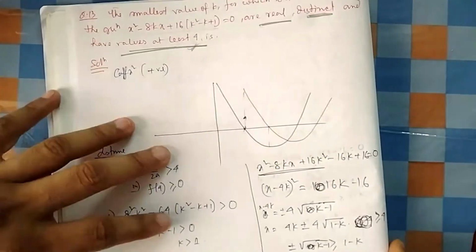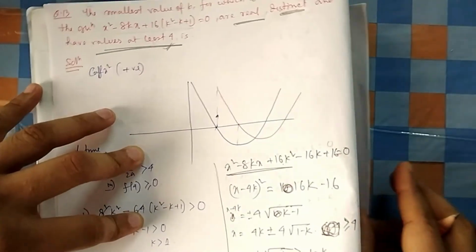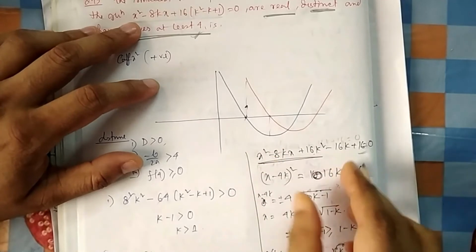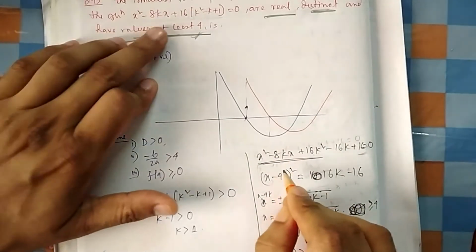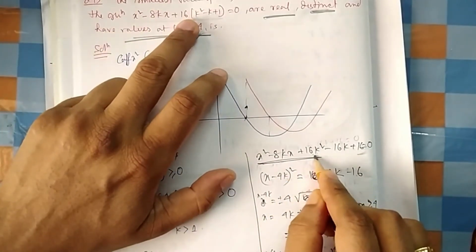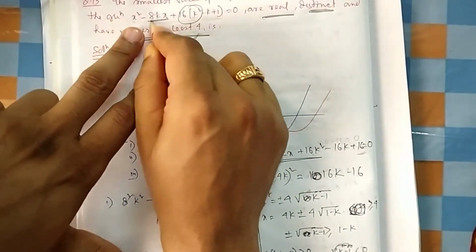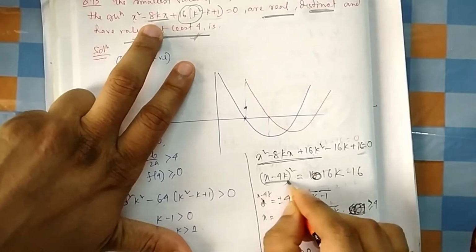But as it is easy here, why is it easy? Because you can make it a perfect square. I have shown you so many times. Because the perfect square is easy, you can do it this way also. Because I have seen 16k square somewhere. If you see this one, 16k square, it will make x minus 4k whole square, 8kx. So it is directly a perfect square here.